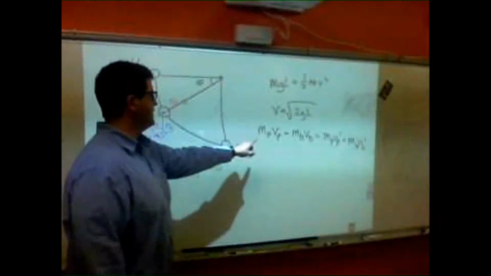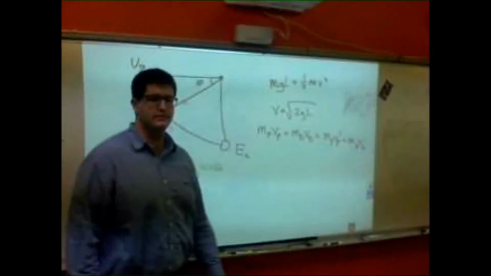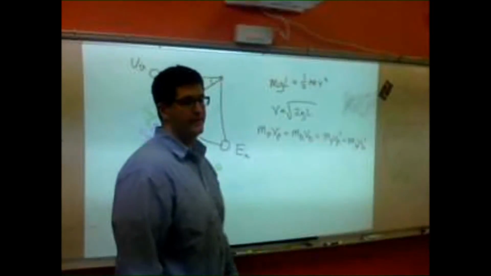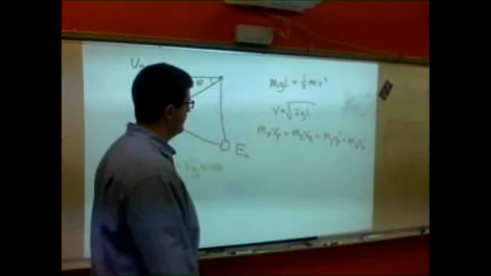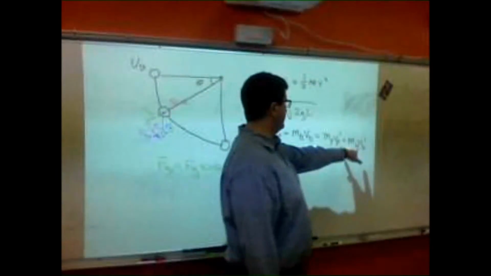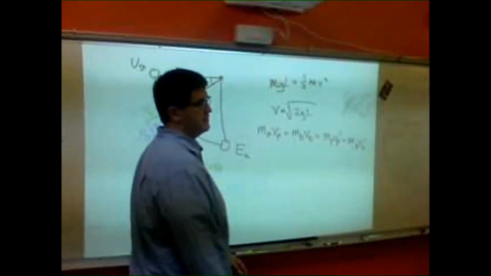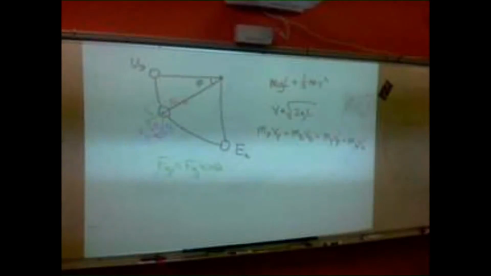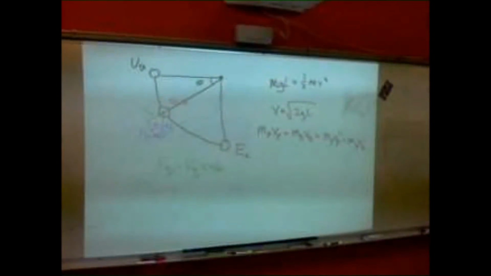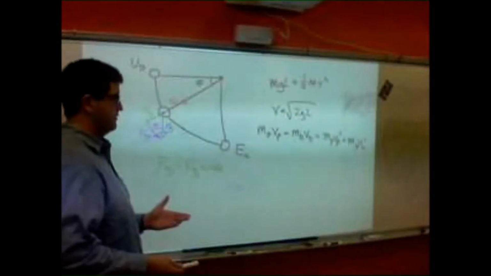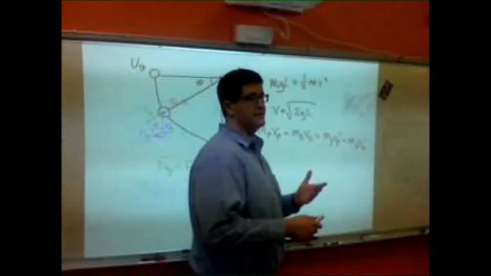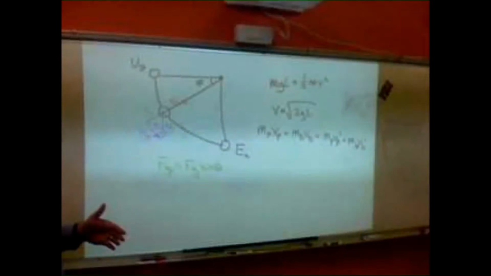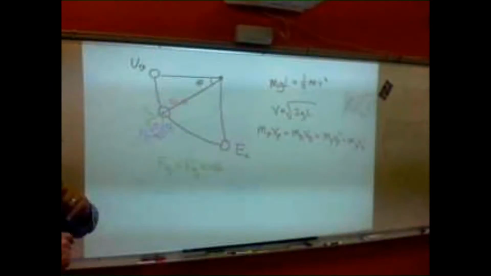Now we know the initial velocity of the pendulum is root 2gL. And we know what's the initial velocity of the block? 0. But we still have two unknowns. We don't know the velocity of the pendulum after the collision. We don't know the velocity of the ball after the collision. But we do know that it's elastic. So we know that energy is conserved. So we can create another equation to have our second equation, and we can plug them in and solve.